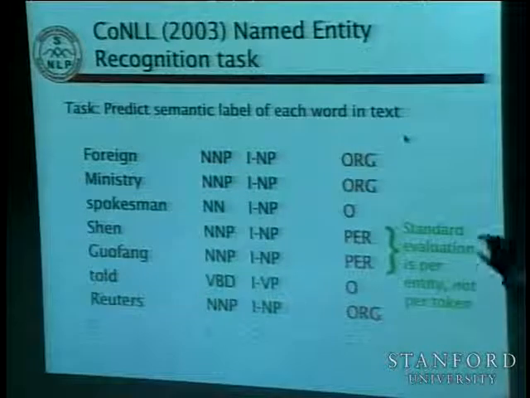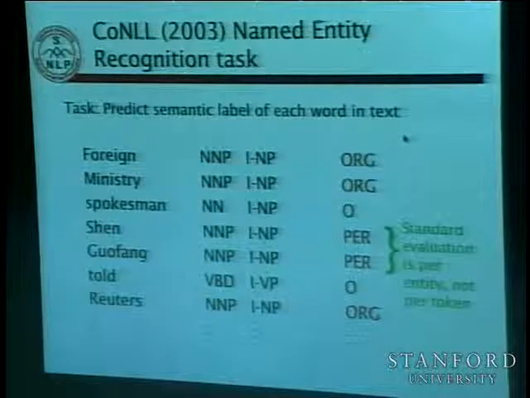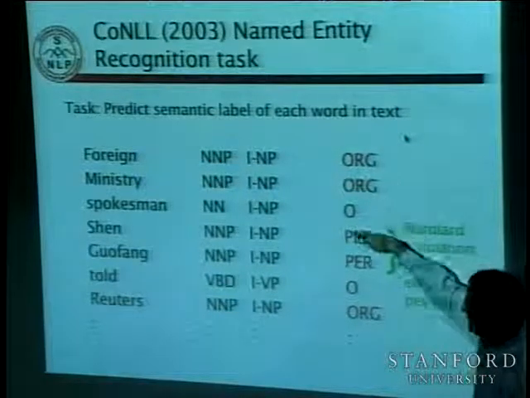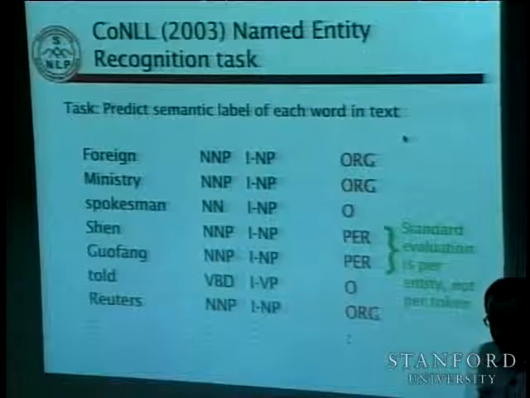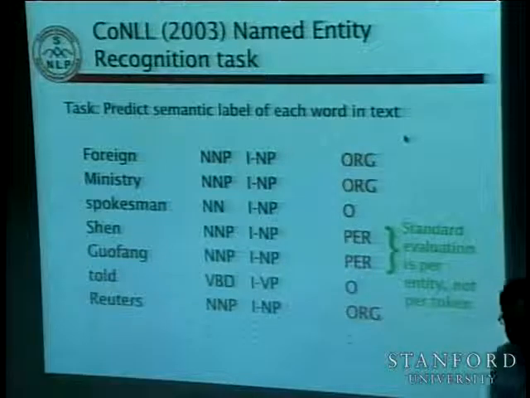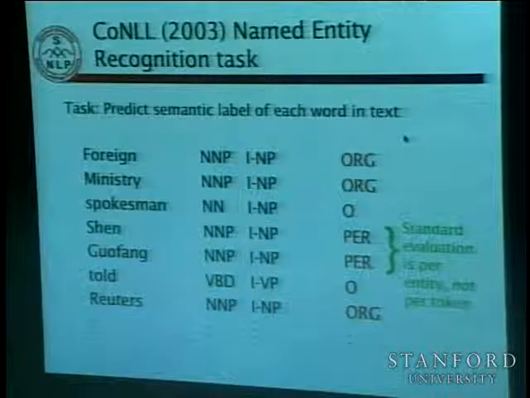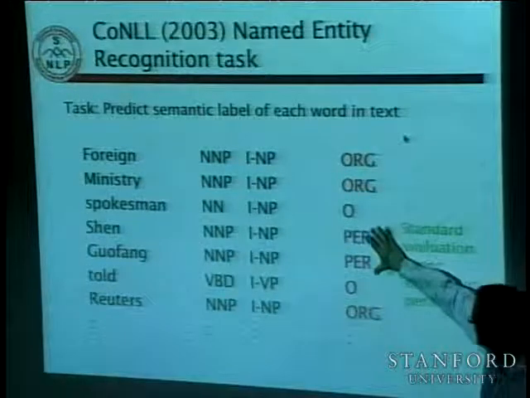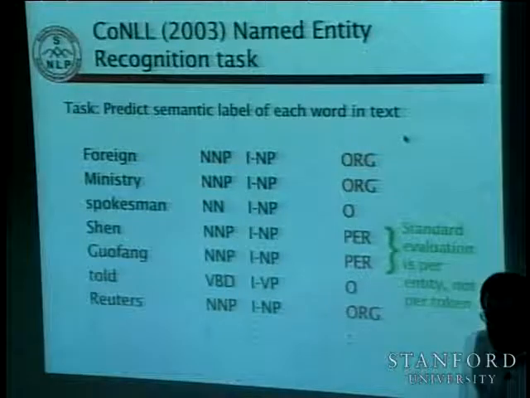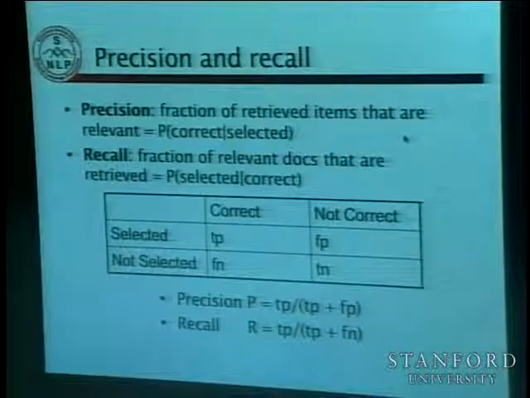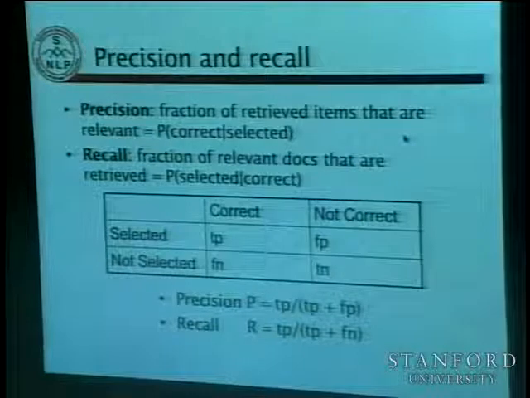Okay, so I'll just spend a couple of minutes talking about evaluation of named entities. One way you could evaluate named entities is by saying whether these individual tokens are right or wrong. But that's not the standard way, for a couple of reasons. Firstly, most of the text is background text that is other, and it seems like you shouldn't be getting a lot of points for getting that right. And secondly, you want to capture whole entities. You want to get Shen Guafeng out or something like that. So the standard way that people do things is ask about whole entities as to whether you're getting them out